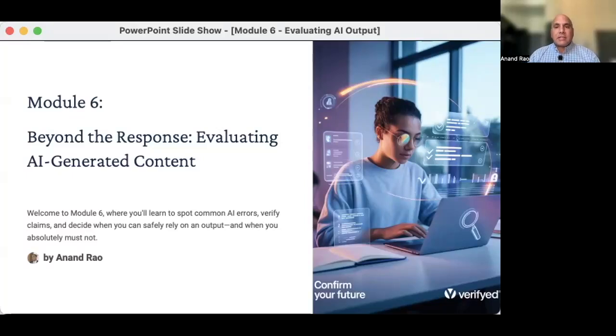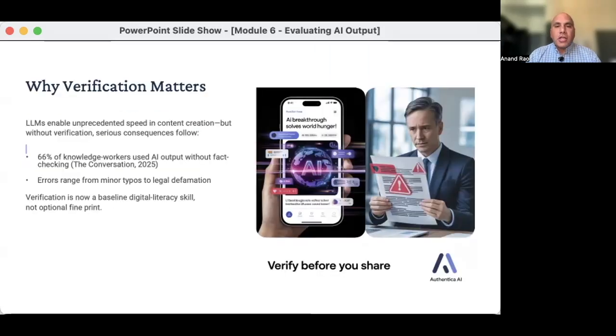Welcome to Module 6. This is where we're exploring methods for critically evaluating AI-generated content. As AI becomes more integrated into our academic and professional lives, the ability to assess its output for accuracy, quality, and reliability is becoming a very essential skill. Large language models empower us to draft, translate, and create at lightning speed, but fast production without validation is a